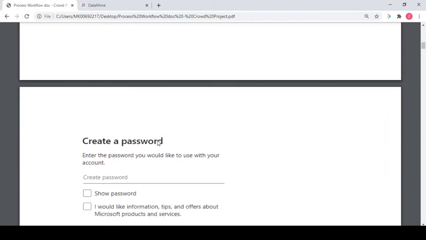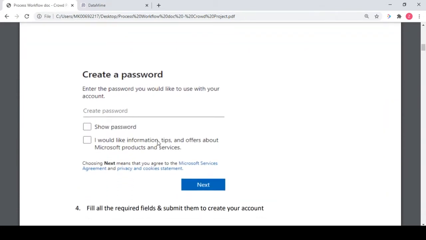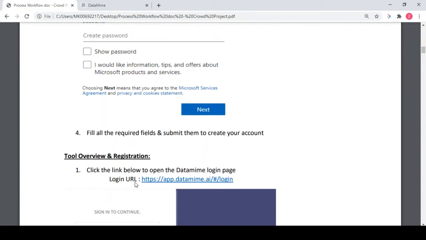Once you click on next, you will see a password creation page, which is a mandatory step. You have to create a password and click on next. Then there are a few required fields that you are supposed to fill in. Just fill in the required fields and click on submit to create the account. Once you create the account, you will be able to log into the Outlook ID.